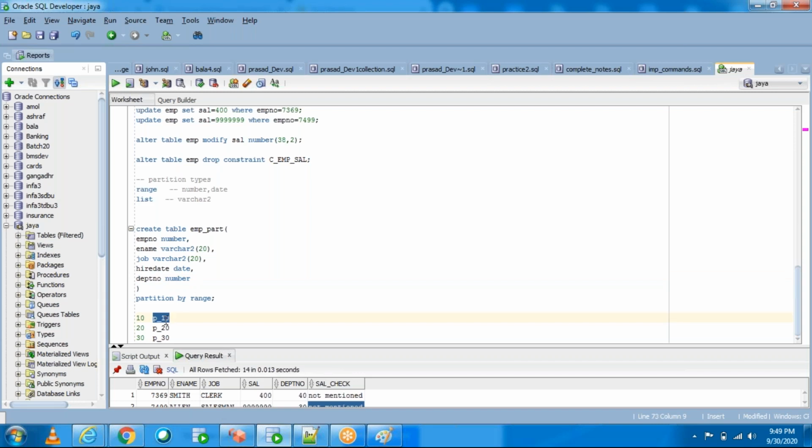All the 10th department details will be in one partition. So partition by range, because department number is